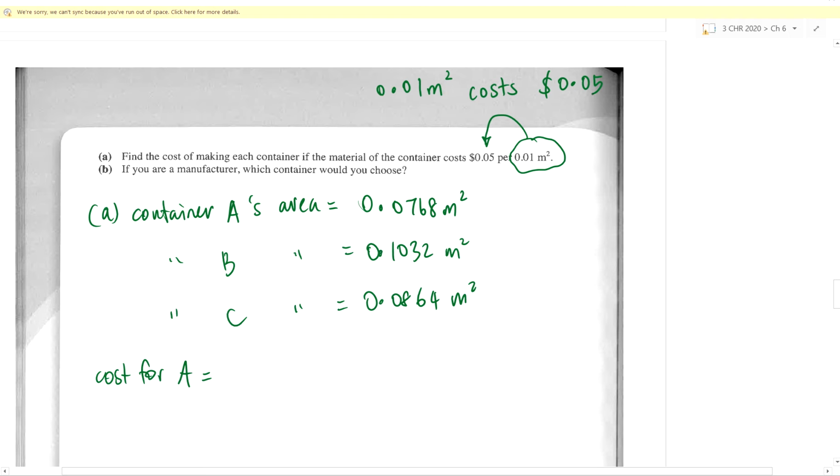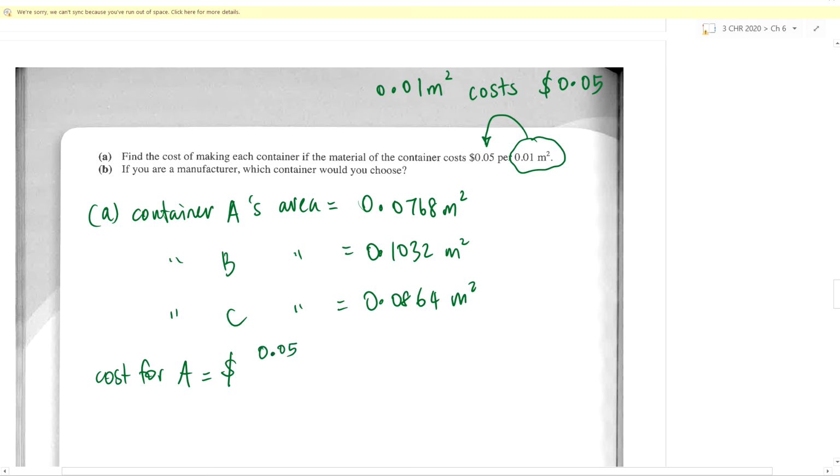If I need 0.0768, I take $0.05, which is 5 cents, I divide by 0.01, then I multiply by 0.0768. Remember earlier in the year, we did many questions like this, direct proportion. Whatever is on the right, divide by whatever is on the left, and we multiply by whatever we need to find. So the cost will be